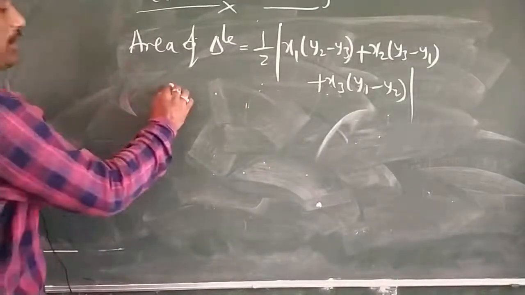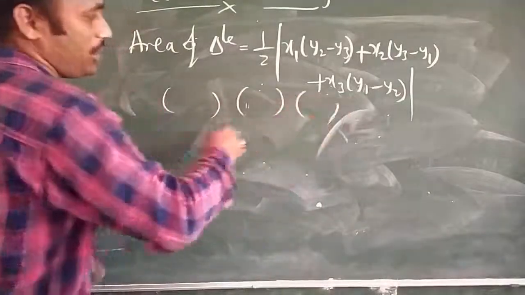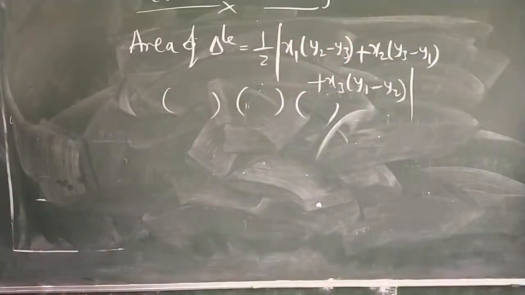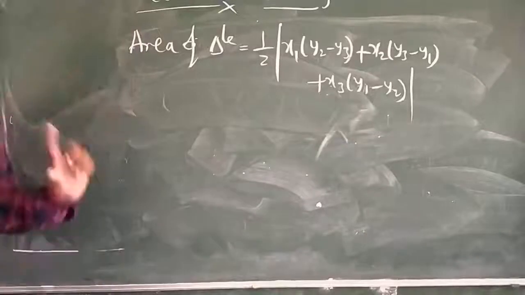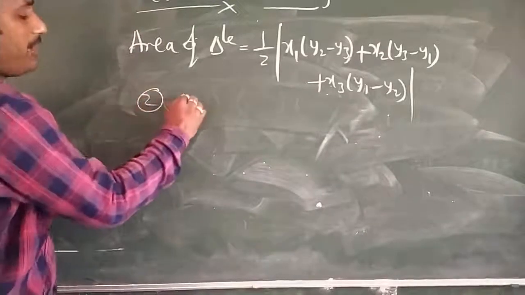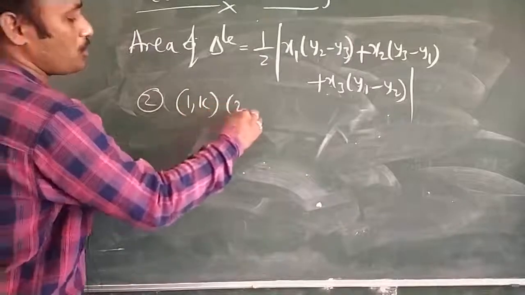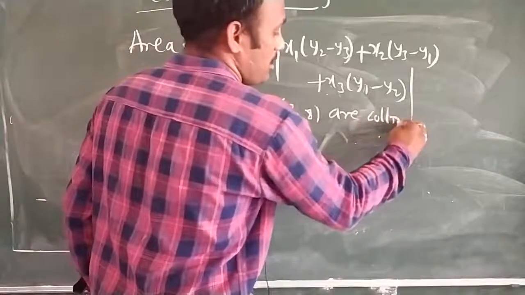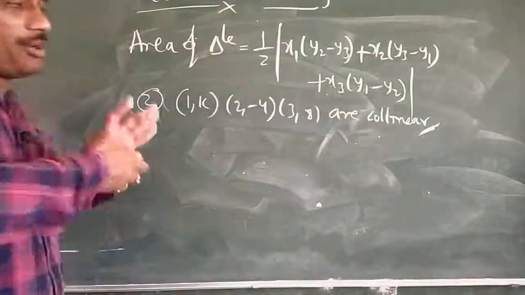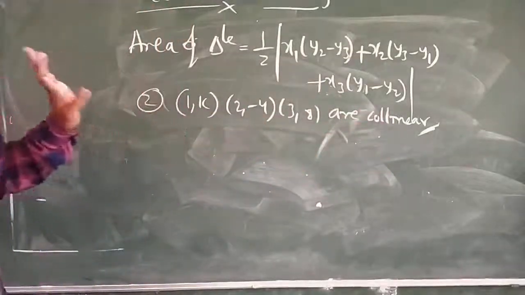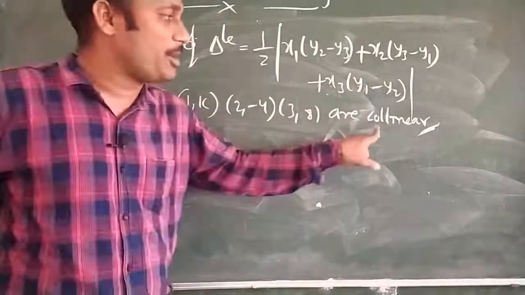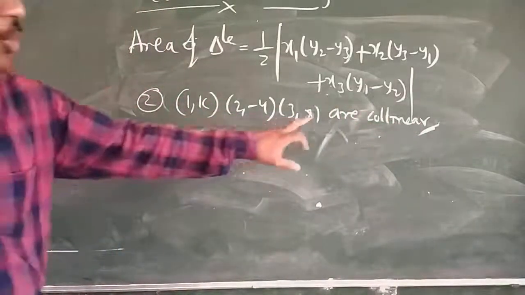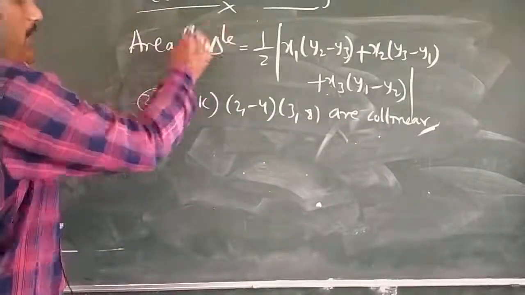Now directly he will give us 3 points and ask what is the area of the triangle. We just need to substitute the values in the given formula and we will get the answer. Next, the second type of question, every type you have to do one question. He will give something like (1, k), (2, -4), (3, 8) are collinear. This is a very important concept. Whenever he uses the word collinear, make sure that the area of the triangle will be 0. Why will the area of the triangle be 0? Because there will be no triangle at all. Collinear points will not form a triangle. So since they say collinear, in place of the area of the triangle we will put 0.